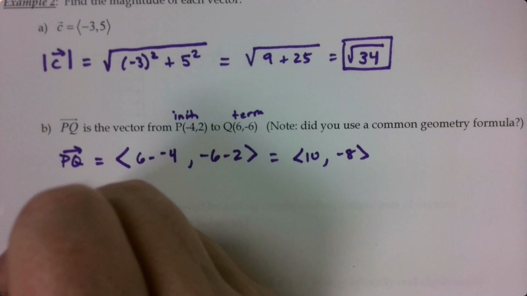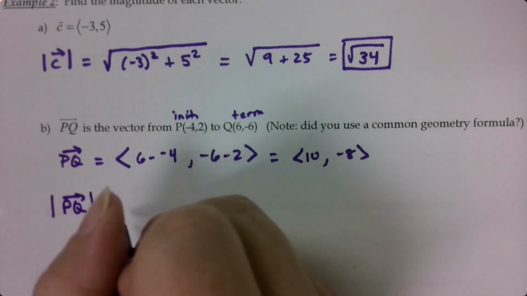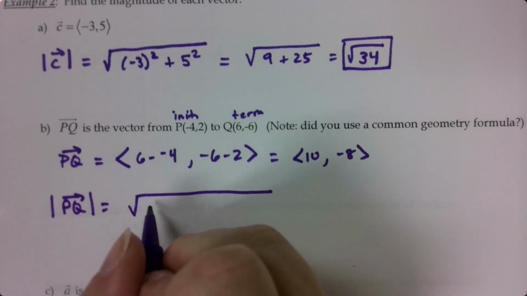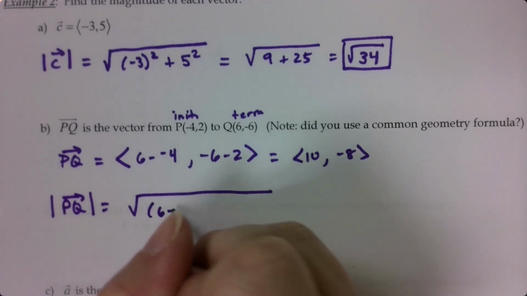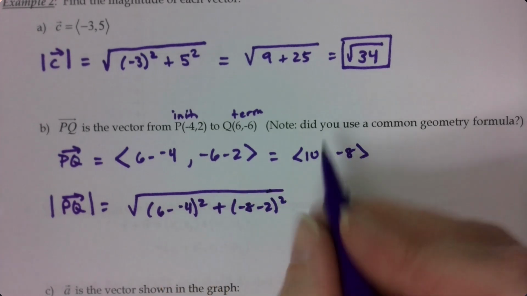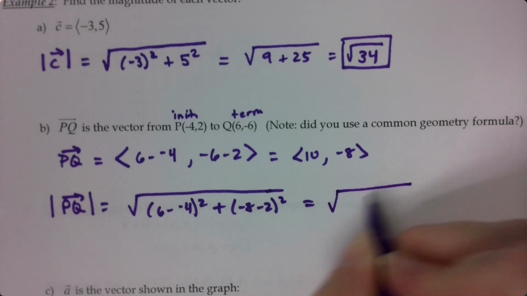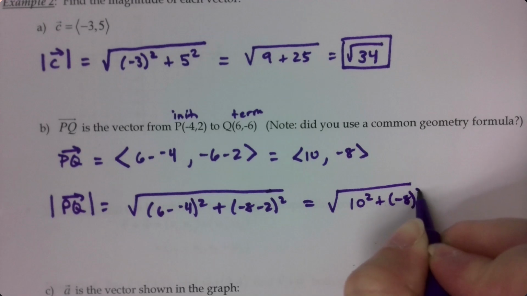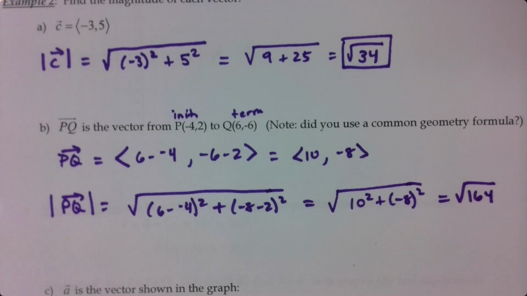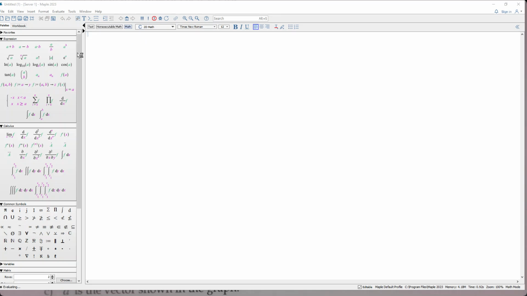And then if you want the magnitude of PQ, you would take the square root of this. So I'm going to write it this way just so you guys can see. Because the note is actually getting at something here. And that would be the square root of 164. Now that reduces. There is definitely a perfect square that goes into 164. And of course, I could use something easy like Desmos to find this, but I figured why not show you